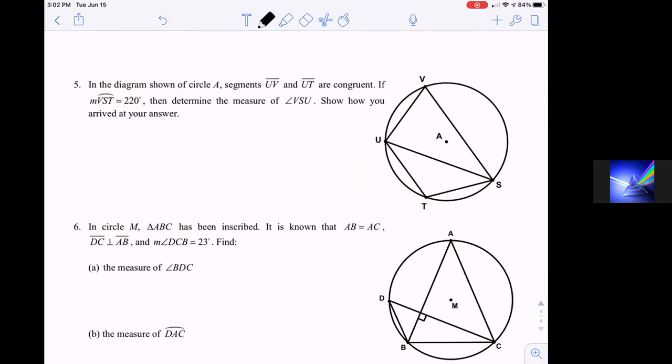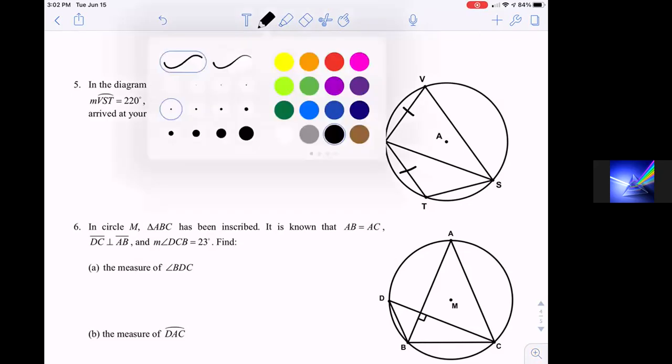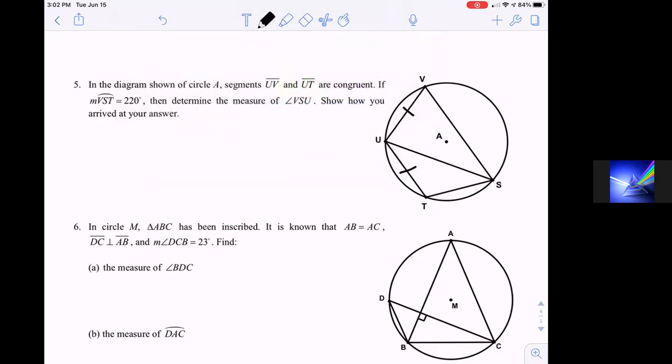Question 5. In the diagram shown in circle A, segments UV and UT are congruent. So UV, this segment here, and UT, that segment there, are congruent. So I'm going to put a little tick mark there to represent their congruence. If the measure of arc VST is 220, let's color code this. VST, that would be this big arc all the way around here. So the measure of that